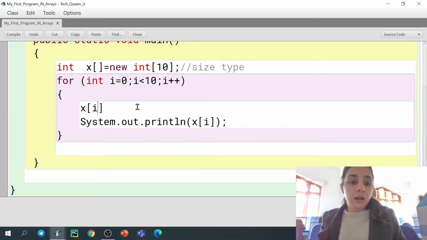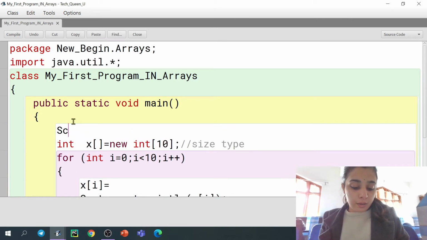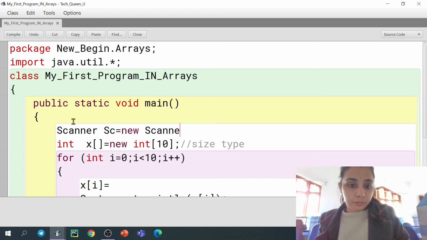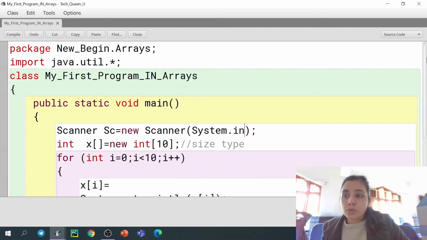Let's say x[i] is equal to, so for that surely I have imported the util package, and now the Scanner class: Scanner sc is equal to new Scanner(System.in). Okay, so here I have given.